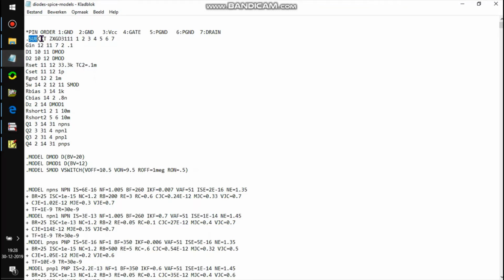To make a sub-circuit which has only those connections to the outside world.